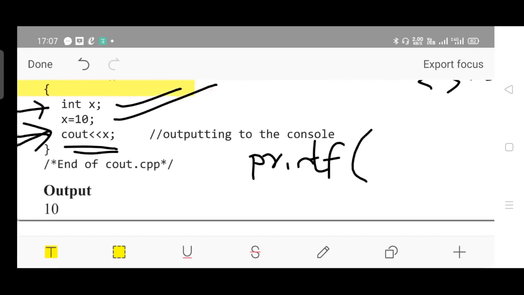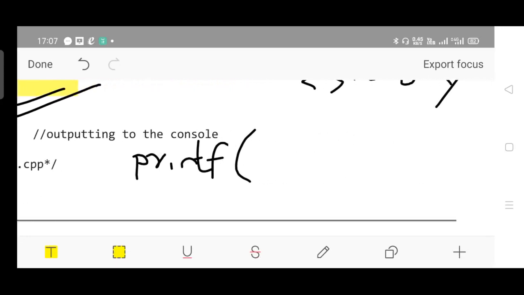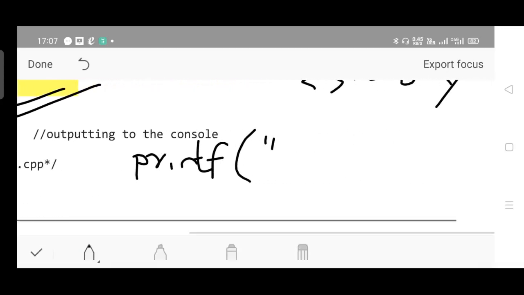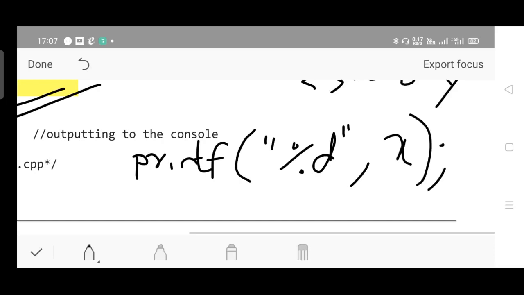Printf, right? You have to have the placeholder, that is %d, comma x. So this would be the equivalent statement in C, but now we are writing the C++ program. This is just for comparison, for your understanding purpose, that I am writing here.